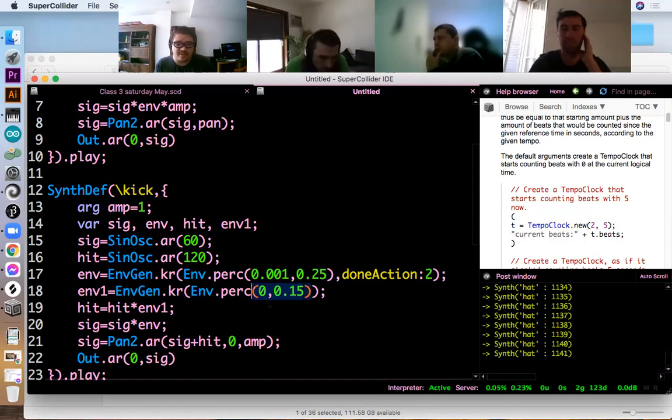As you can see, actually, this M1 doesn't have an attack. I just have a release because I want that ta, ta, tu, tu, tu. I just want the hit. I want a plain hit. And I'm applying that envelope to the high pitch part because usually